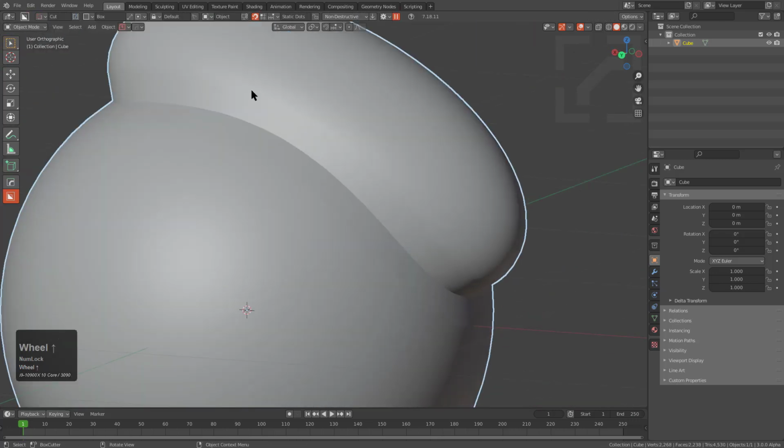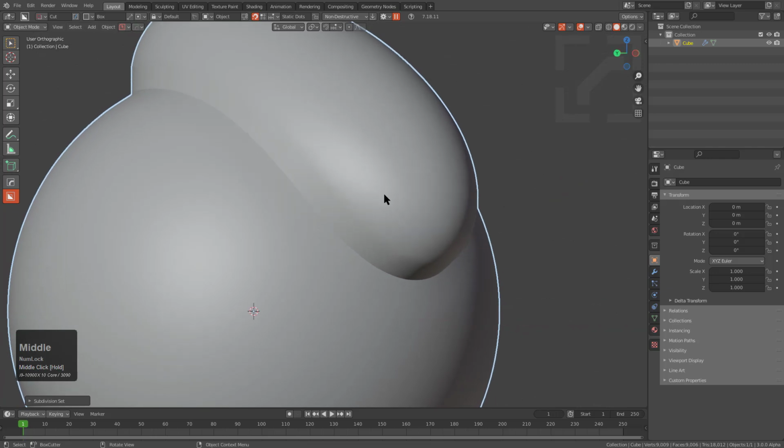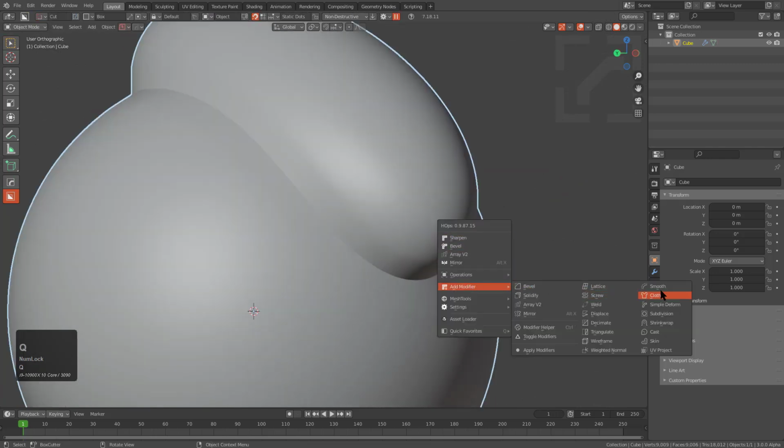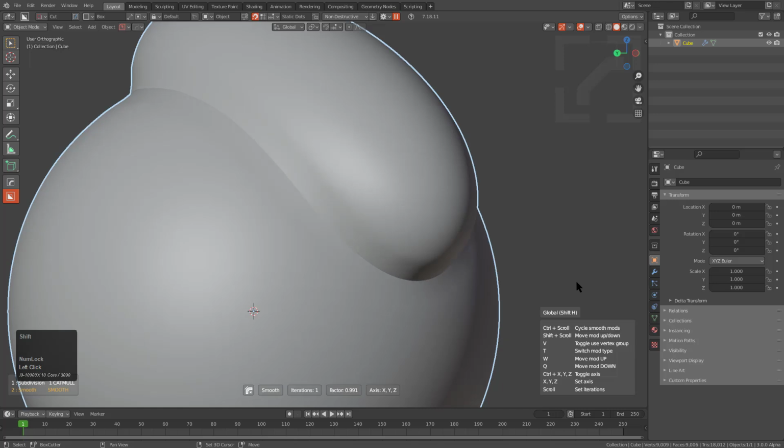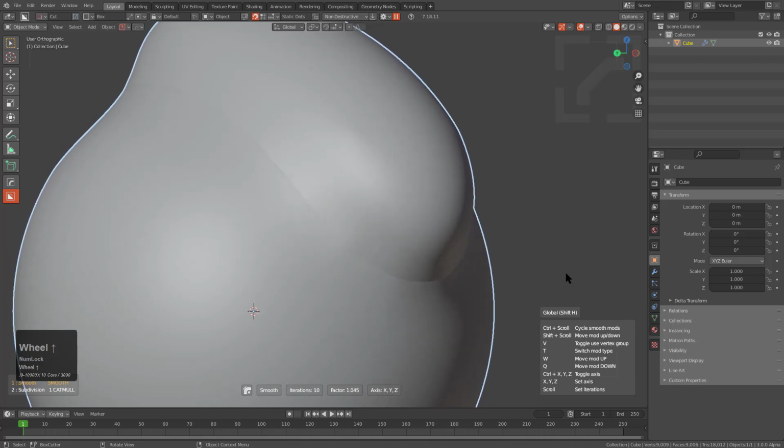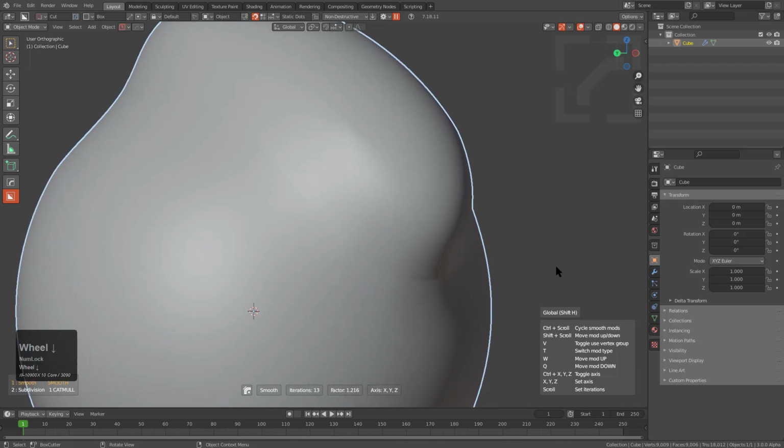But also because of the way that we solve this, we can add a level of subdivision to it and get it to look a little bit better. But we could even go so far as to add a smooth modifier via hops, shift scroll it up the stack, and just roll the wheel to get it to look a little bit better. We see that with default smooth, it kind of rubs the whole shape out of existence